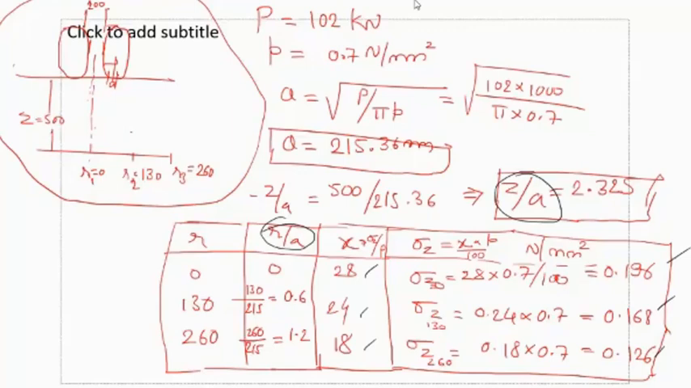If they ask you to draw the diagram, that also you should be able to draw. Okay, sigma Z on one side and R values, the radial distances, on the other side, and you should be able to draw the diagram. Okay. So we'll take up the next